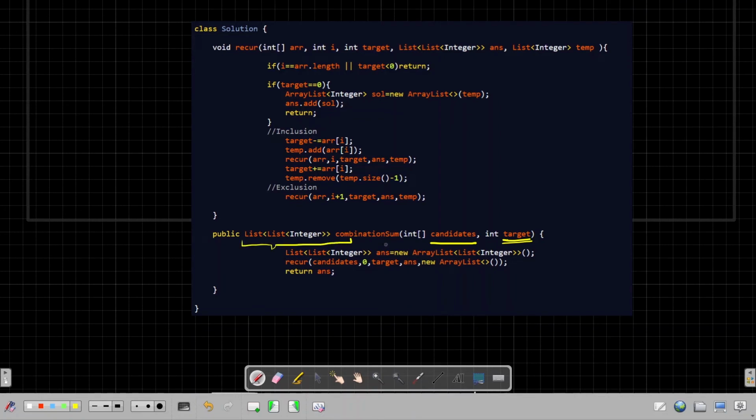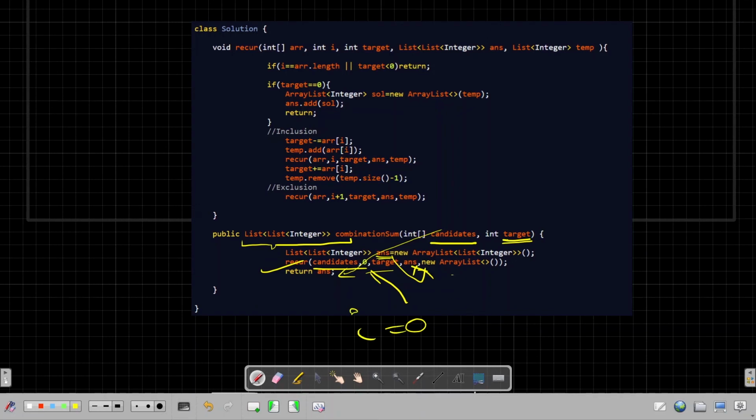Okay, so for that I am making an answer kind of array, right? So I am passing that here in my backtracking based function, and I am passing this original array also which I have got. Along with that, I am passing this initial index I. I'm starting from 0.